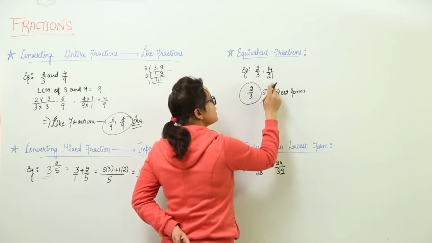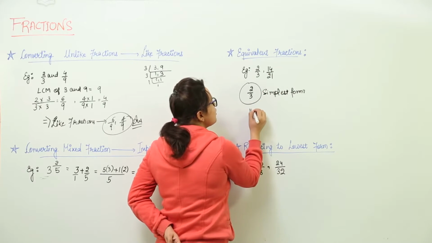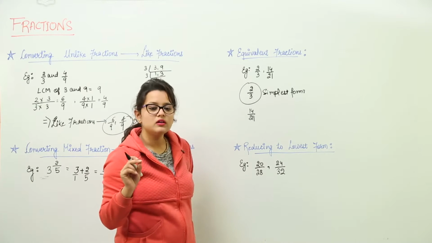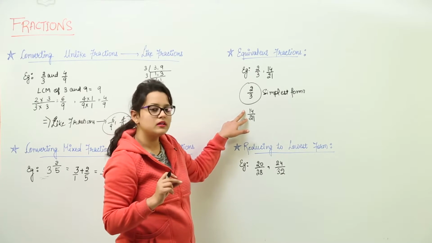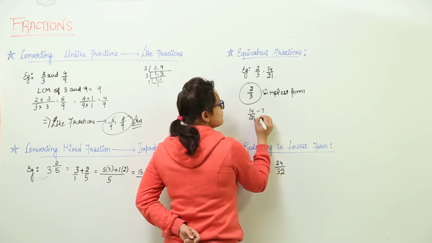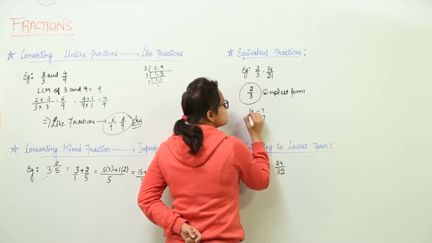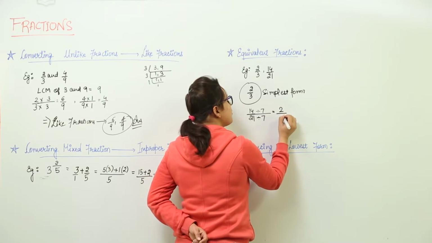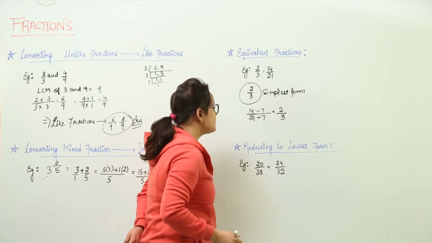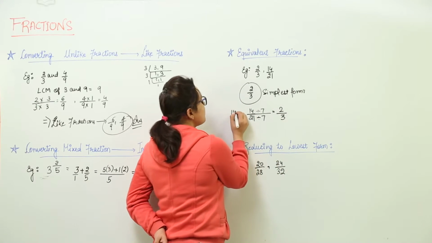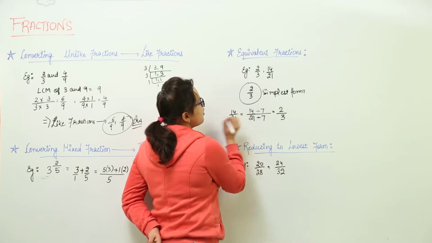Now what is the next thing we can do? We have to check for 14 over 21. Is there any factor common to both other than 1? Yes, we do have. And what is that factor? That is 7. So we divide the numerator and denominator by 7. We get 2 upon 3. Now you can check 2 upon 3 cannot be reduced further, right? Why? Because it does not have any other common factor.